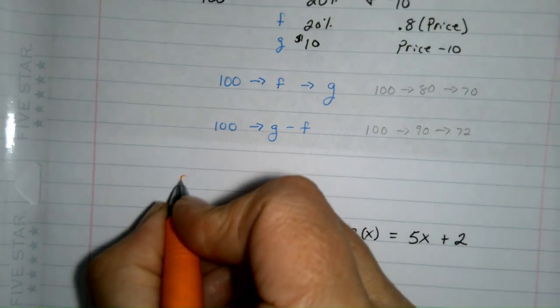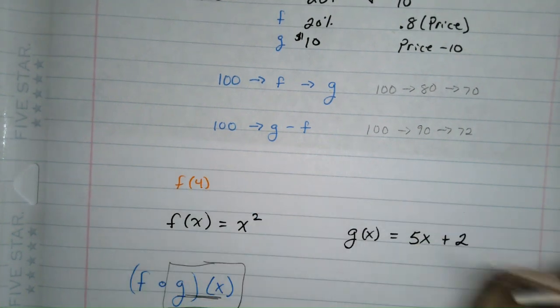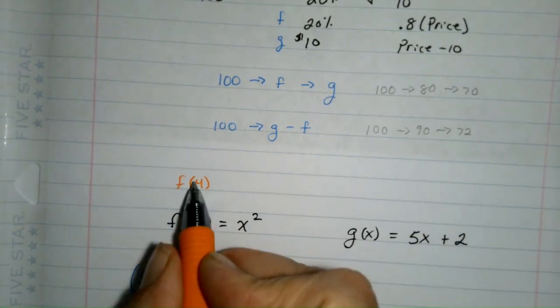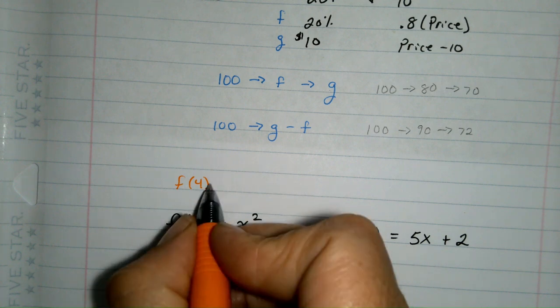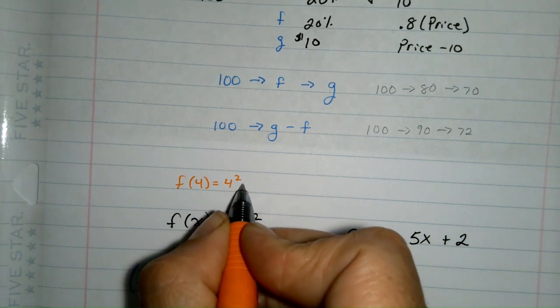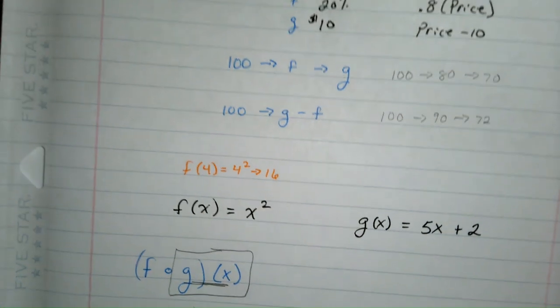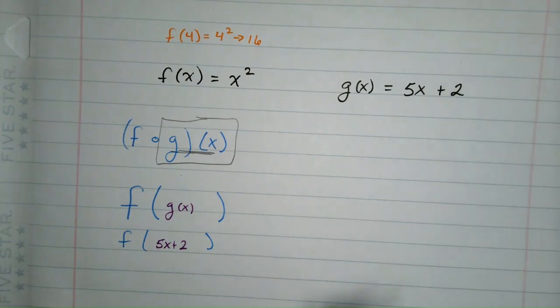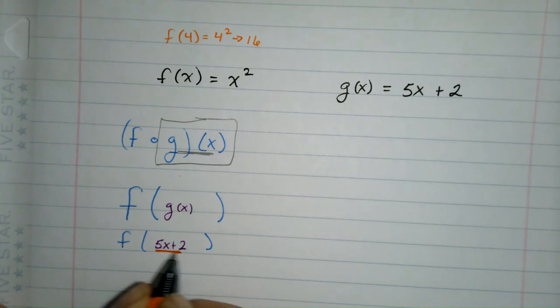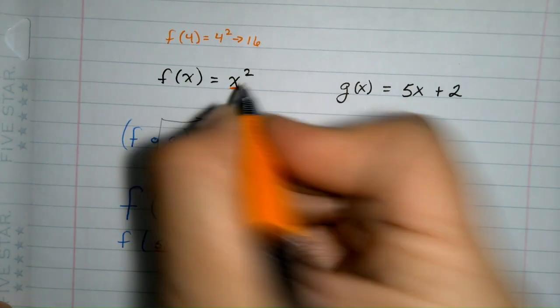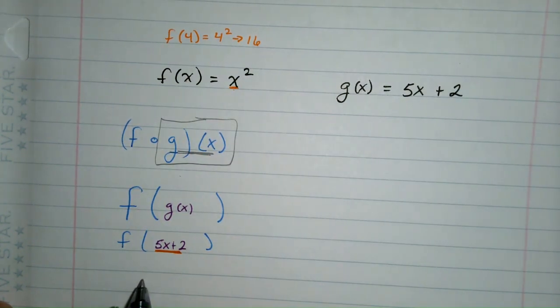In order to do f of 4, since x is now 4, we'd put the 4 in for the x. We would do 4 squared, which is 16. So when I have f of an equation, that equation still goes in here. So this is now